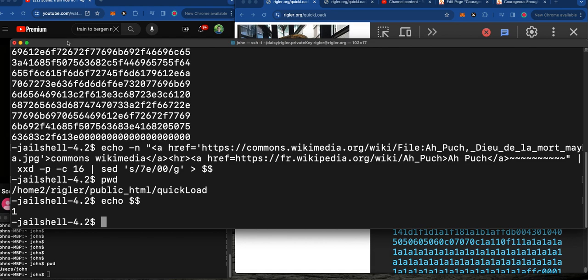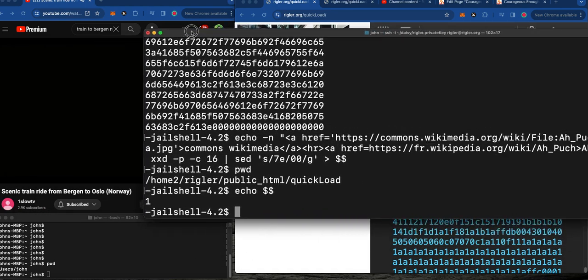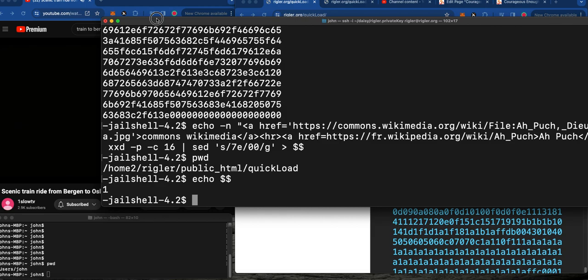Oh, we're approaching the station. Let's take a look. Doesn't look like it though, does it? So